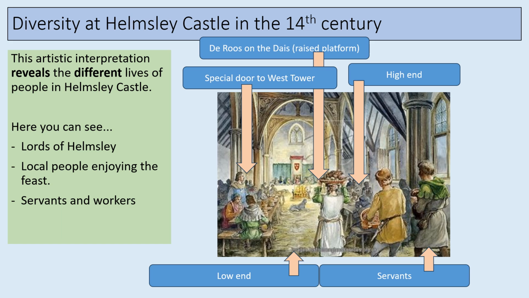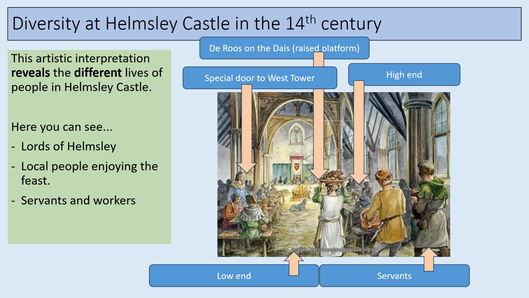So here in this artistic interpretation, you can see the lords of Helmsley, you can see local people enjoying a feast, and you can also see servants and workers in the castle as well. So straight away you've got that diversity. You can see at the end of the artistic interpretation the De Roos family on the dais, which is a raised platform. You can see there's a special door to the West Tower, which is their own private entrance into